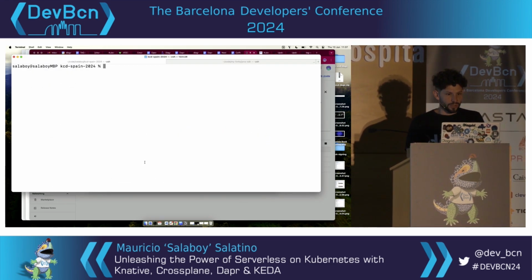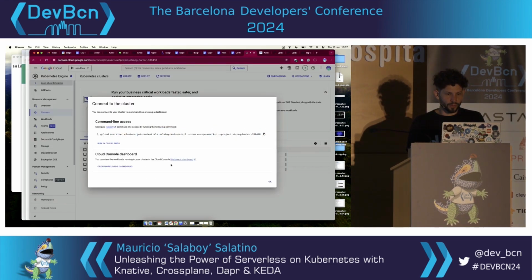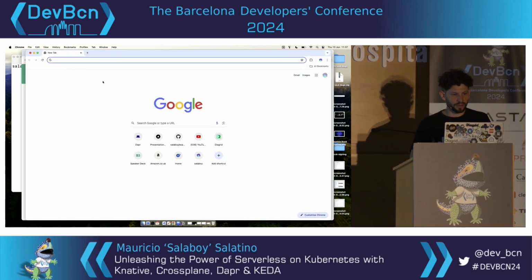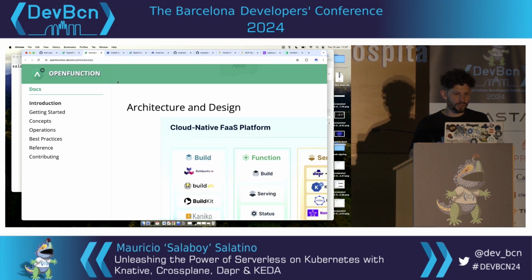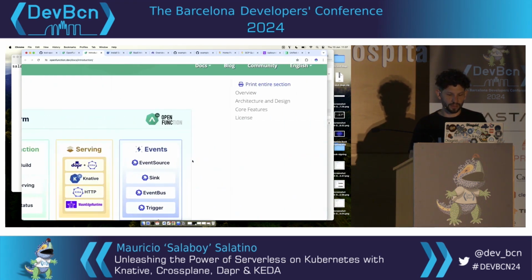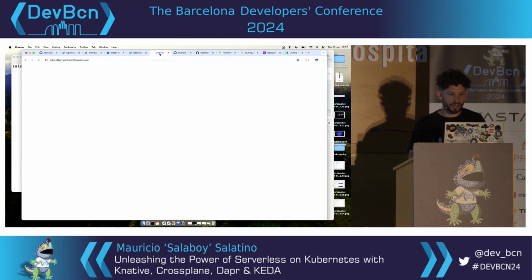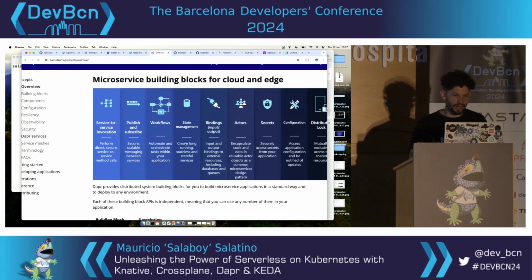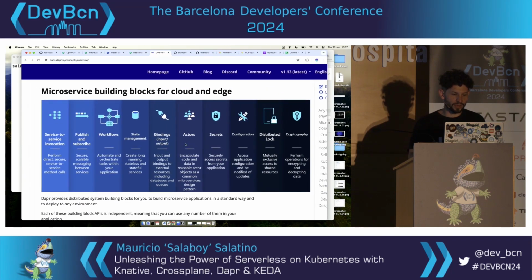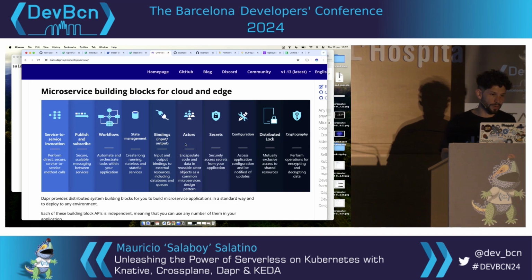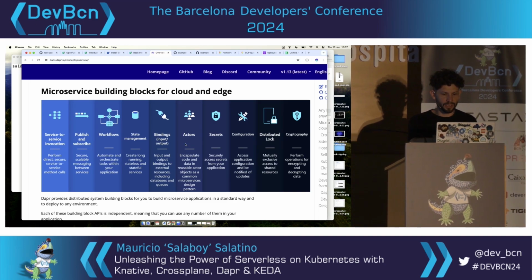The next thing that I wanted to show is Dapr, because we were talking about how to enable developers to do stuff inside your clusters. And the kind of stuff that you want to enable developers to do is to interact with the environment that they are running in. In this case, Dapr provides an abstraction that gives developers APIs to do things that distributed applications want to do. If you go to the Dapr website, which is dapr.io, you will see that we have different building blocks.